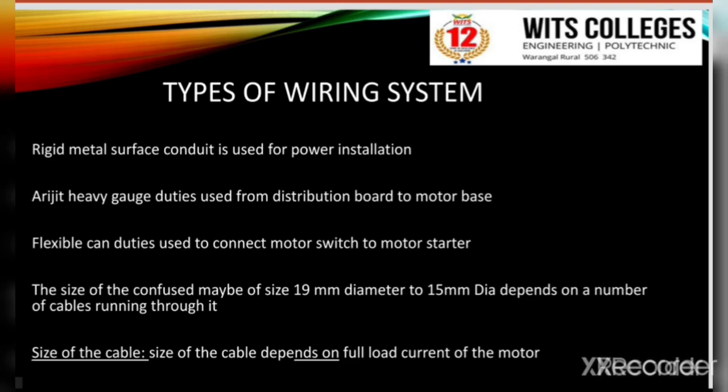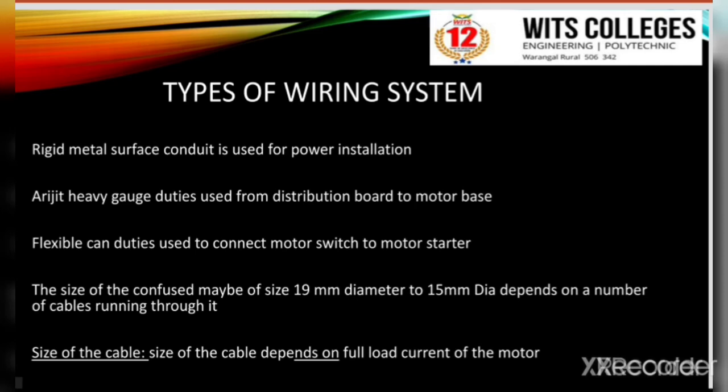Because surface conduit facilitates the addition of a number of motors and makes it easy to find a fault, we use rigid heavy gauge metal conduit. This rigid heavy gauge conduit is used from the distribution board to the motor base. Afterwards, a flexible metal conduit is used to connect the end of the rigid conduit to the motor